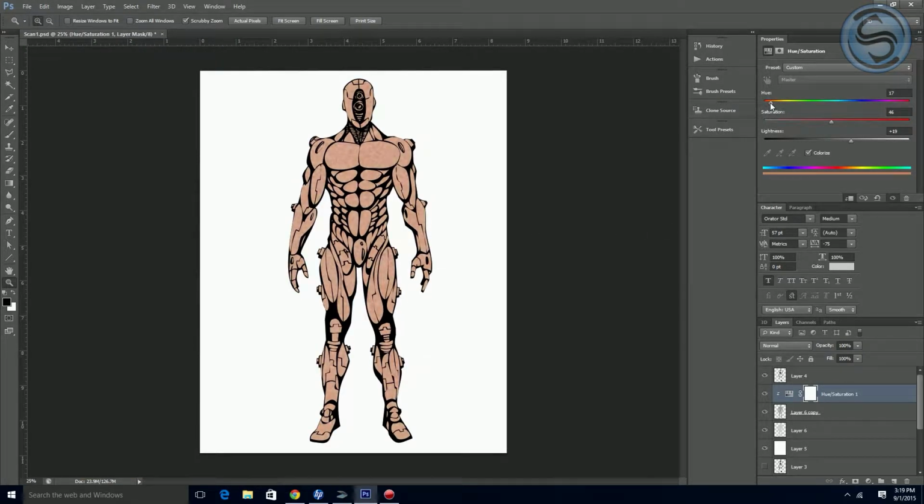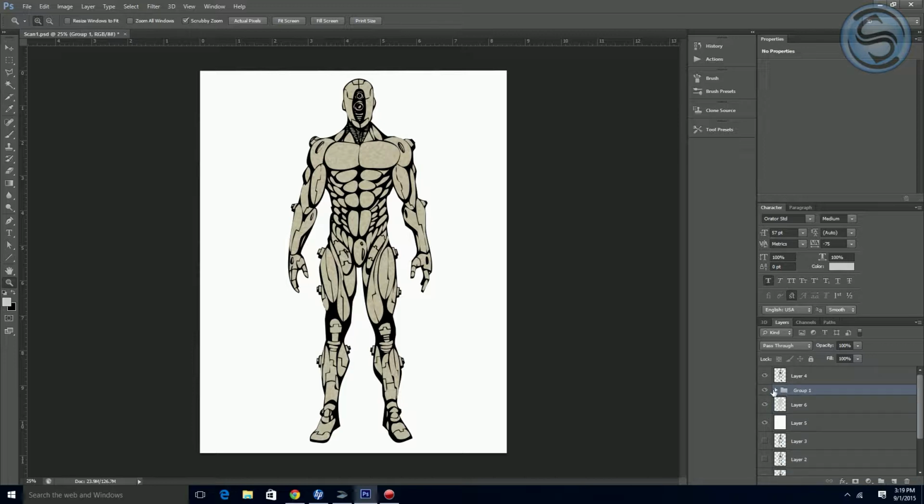So you can make an unlimited number of colors that you want. These were gray, I'm just going to lighten them up a little bit. All right, so I'm going to leave him like that. It's just to give you an idea of some of the things you can apply to your layers. I'm also going to put this in a folder so that I don't accidentally drag anything on top of my